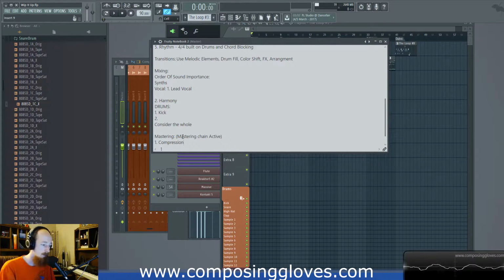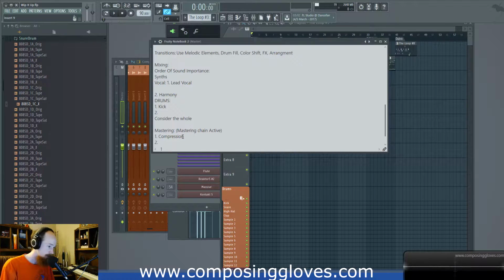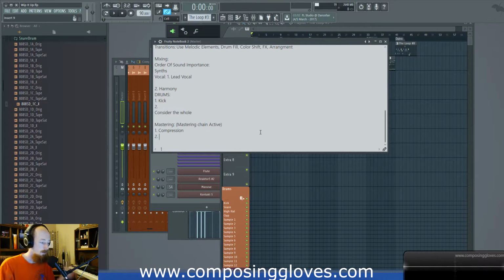And then I could drop in compression. Am I going to do multiple plugins doing small amounts of gain reduction for my compression, or am I going to do one big plugin that does a lot of gain reduction, which is sort of popular today? What kind of EQ am I going to do? Am I going to give it a general boost? Am I going to throw a console emulation plugin on there? What sample rate? If you're going to use recordings, sample rate and bit depth are considered up here, but consider how they'll be affected here at mastering. So it'll just make you think a little more critically about what you're going to do down here.